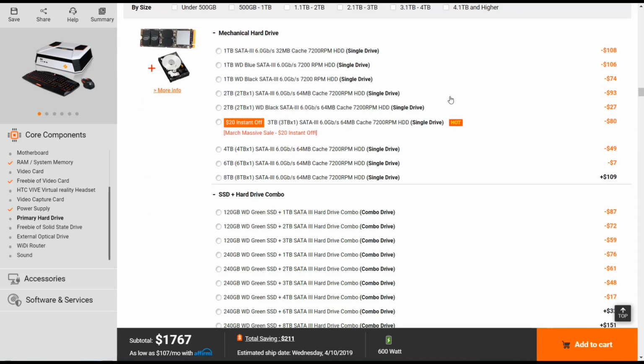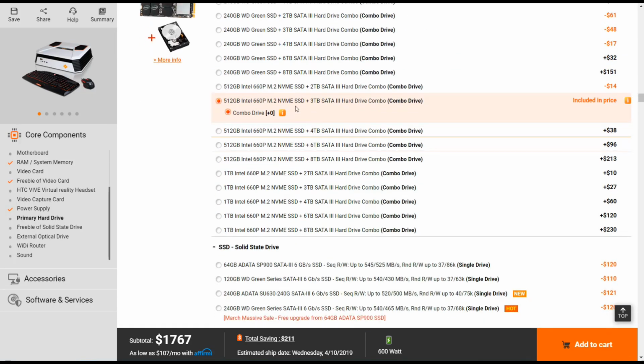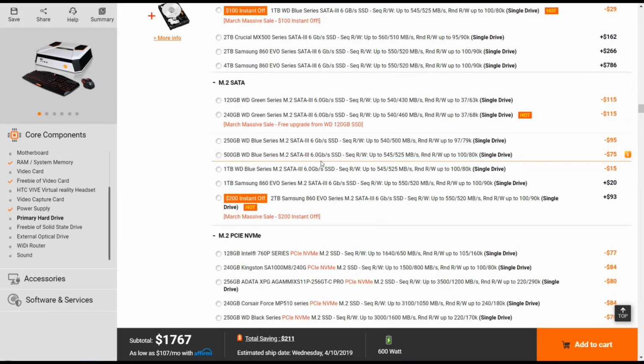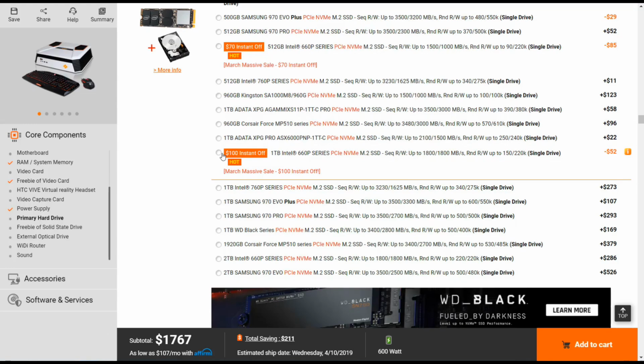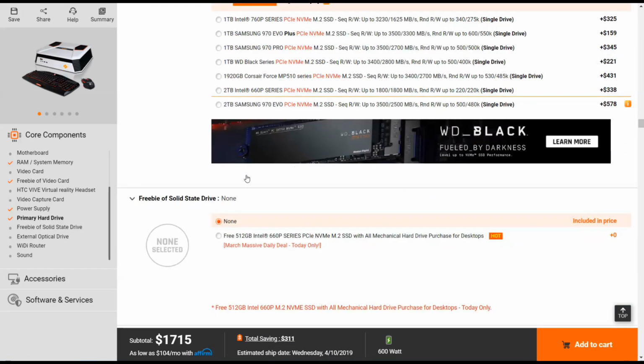And then the hard drives, I have a 512 gigabyte. I actually upgraded to a 1 terabyte here. So the M.2 PCI NVMe, that's right. So a lot of options here. I upgraded to this one, the 1 terabyte Intel 660p. And I got free